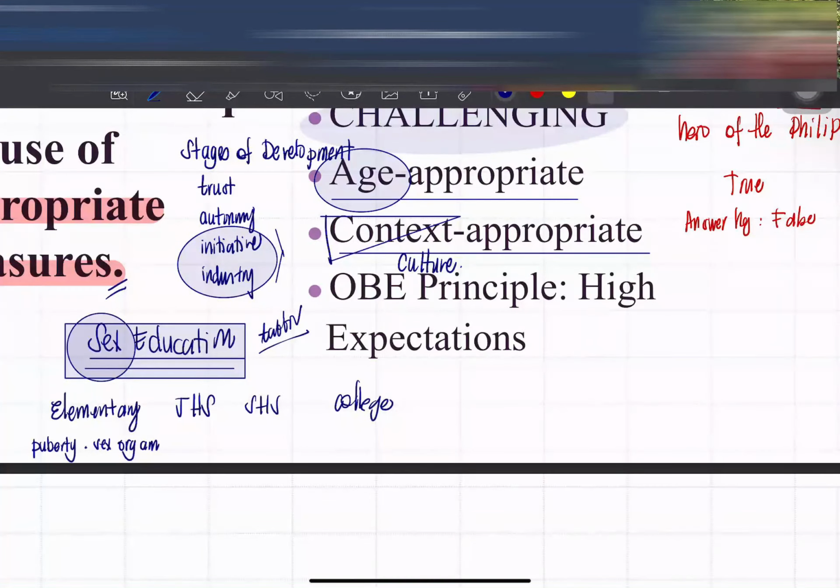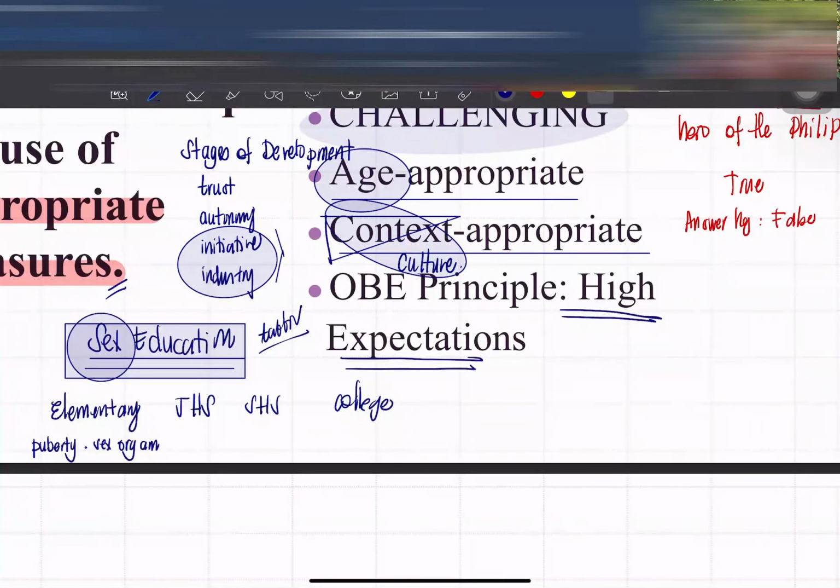Have you had your subjects in child development already? Have you taken childhood development? Hindi pa. Hindi pa siguro. Okay, so if you're in that subject, you try to learn those specifics. So be context appropriate. Then OBE, in OBE class, this is aligned in the principle that we have to have